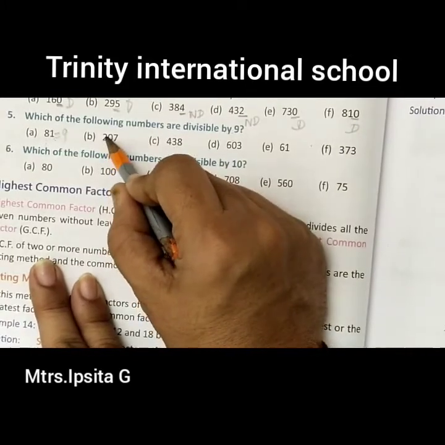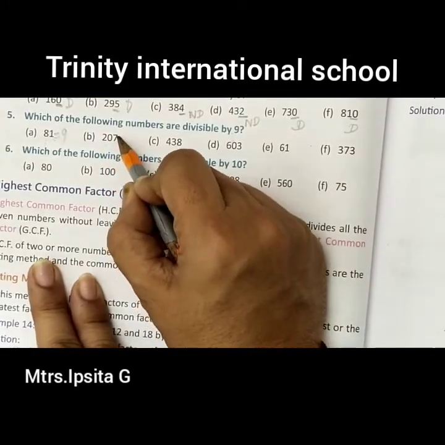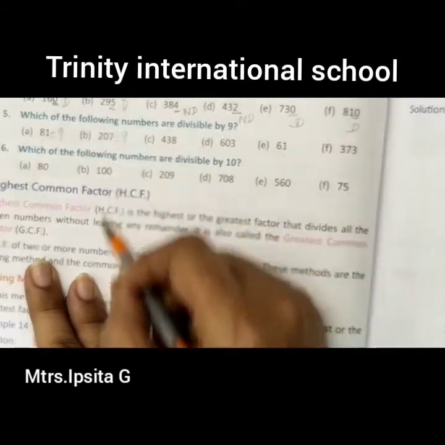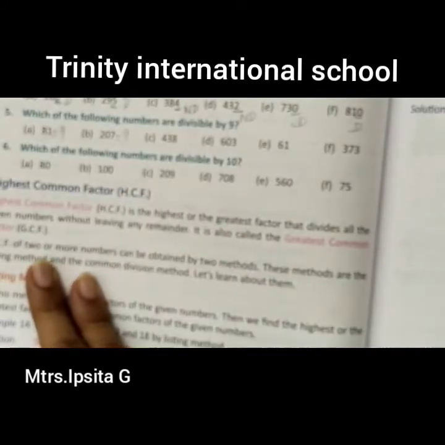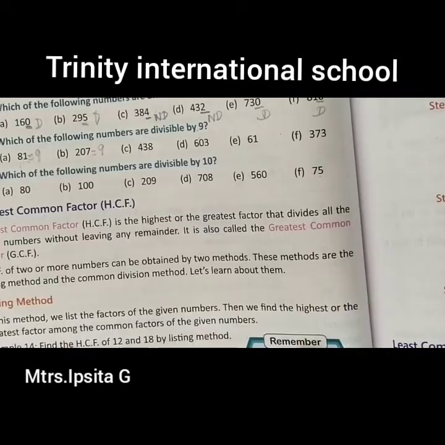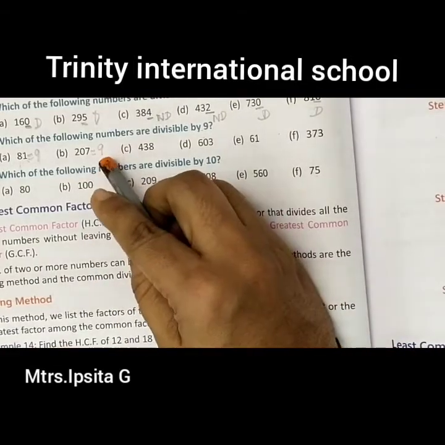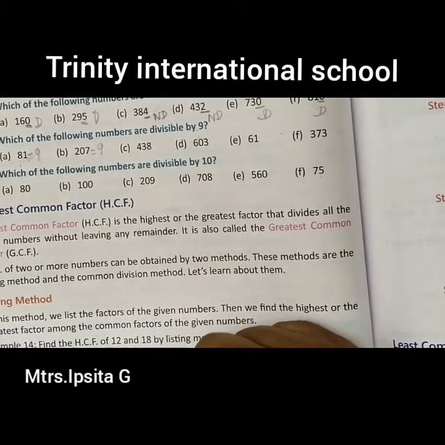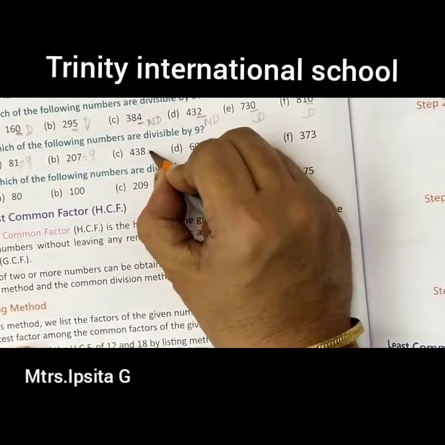फिर यहाँ पर देखिए 2 plus 0 plus 7. So 2 plus 0 plus 7 again gives you 9. So 9 is divisible by 9. That is why 207 is also divisible by 9. Now here comes, see,